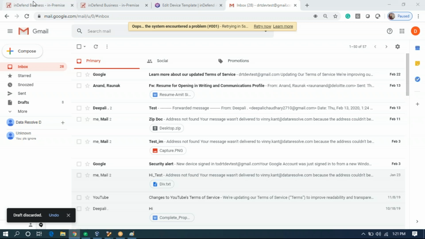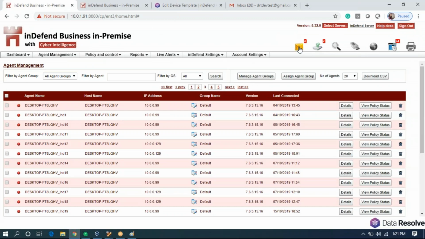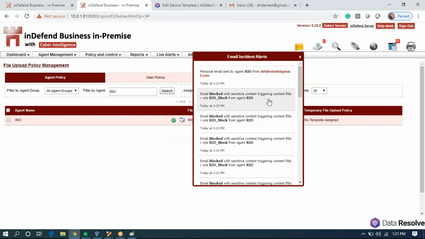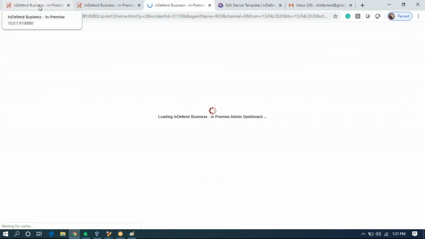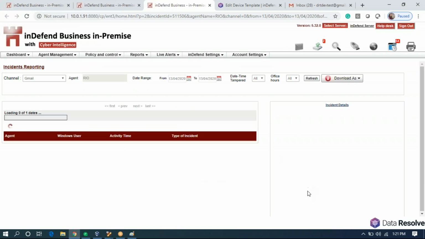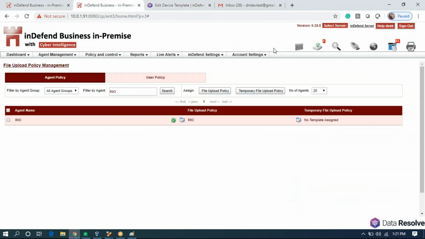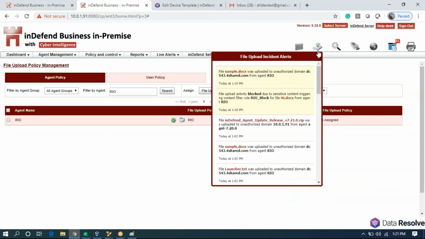That is why for a single email, you might get multiple logs. And Indefend also captures the draft email activities for G Suite.